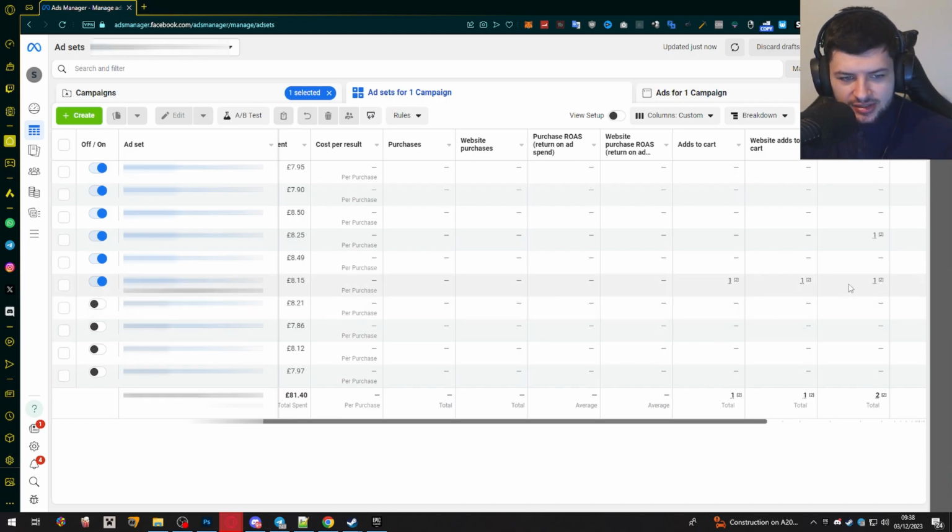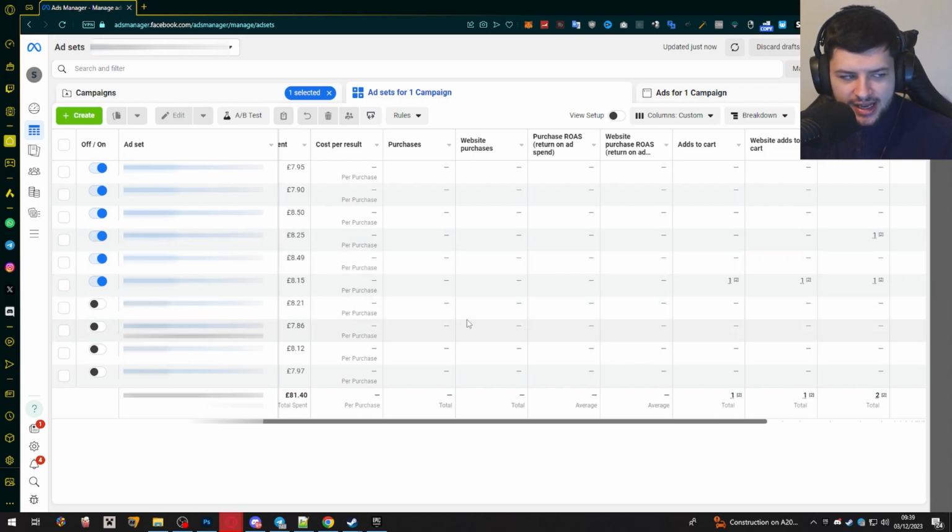So this ad set that had the add to cart didn't spend the full £10 that I set for the budget, so I could actually leave this on, which I actually did before I turned off the campaign. And then this other interest, which spent a similar amount, $8.25, not the full £10, also got one initiate checkout. So these two interests show buying intent from the customers who've seen the ads, so I could leave these ad